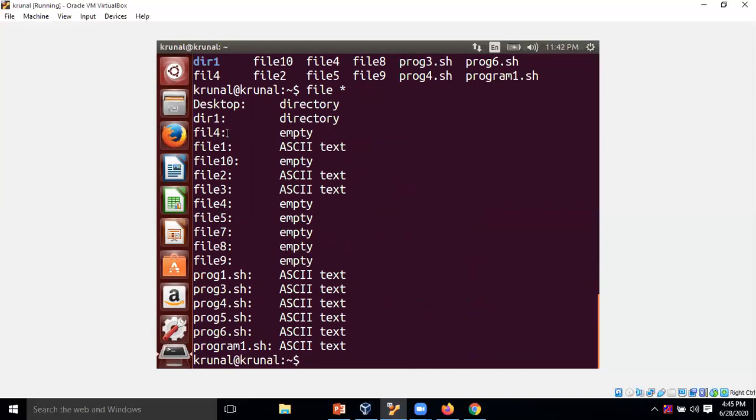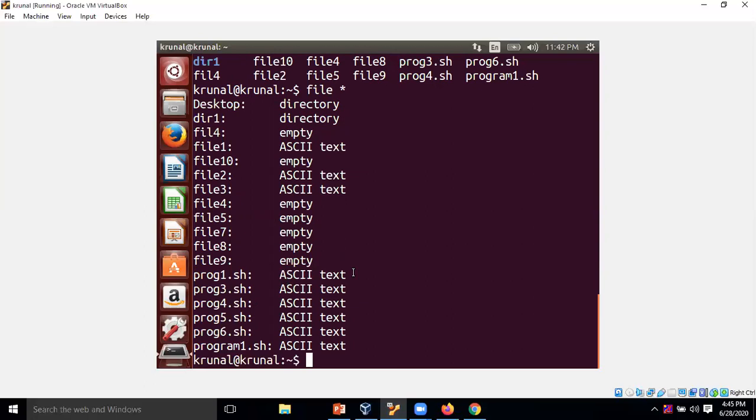Files 4, 10, 7, 8, 9 are empty and the remaining files are non-empty. Files displaying ASCII text contain characters, special characters and numbers.